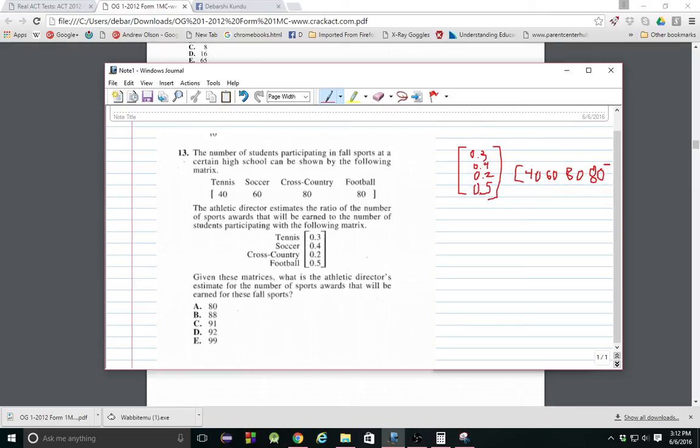And all we got to do essentially is 0.3 times 40. So in order to multiply it, 0.3 times 40